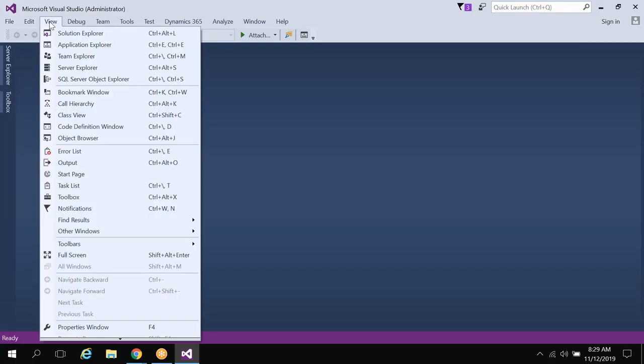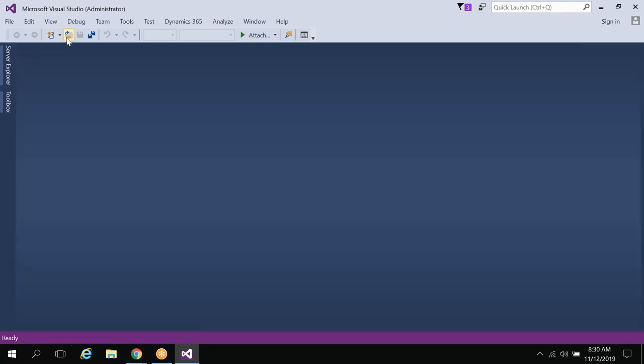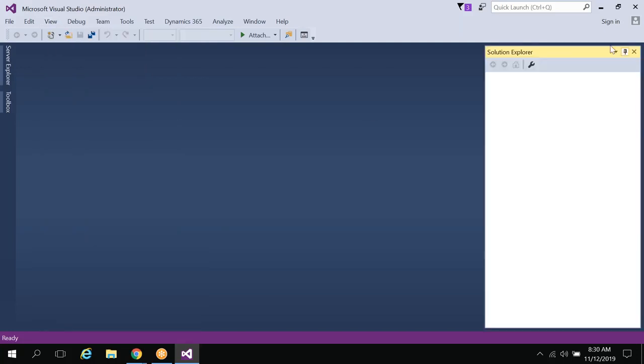This is a very important option. Here you can open the Solution Explorer. I'll tell you one by one what the Solution Explorer, Application Explorer, Properties window, and toolbox are. You can also open the start page again from here. If you open the Solution Explorer, it opens here.